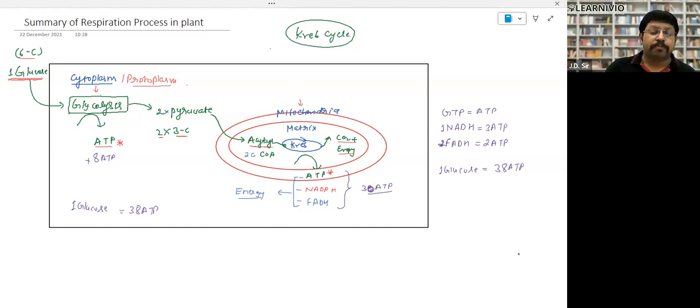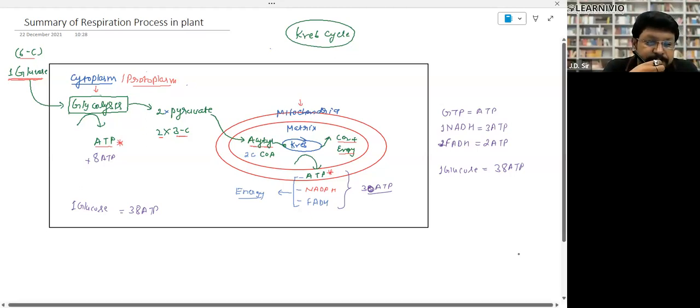Then what is the mechanism? Mitochondria can allow a molecule made up of 3 carbon, not 6 carbon. So the glucose is broken down into pyruvate. Glucose, a 6-carbon compound, breaks down into 2 pyruvate molecules, and pyruvate is a 3-carbon compound. This process is called glycolysis, and this complete process goes on in cytoplasm. Is that clear? Yes, sir.